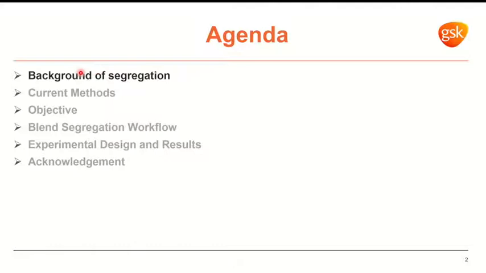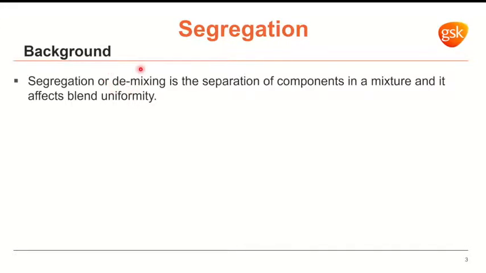So in this presentation, I'm going to take you through each one of these sections. Talking more about the background of segregation: what exactly is segregation? Segregation is basically the demixing, or the opposite of mixing. Mixing is when components in a blend get homogeneously distributed, whereas segregation is the opposite of mixing and it will